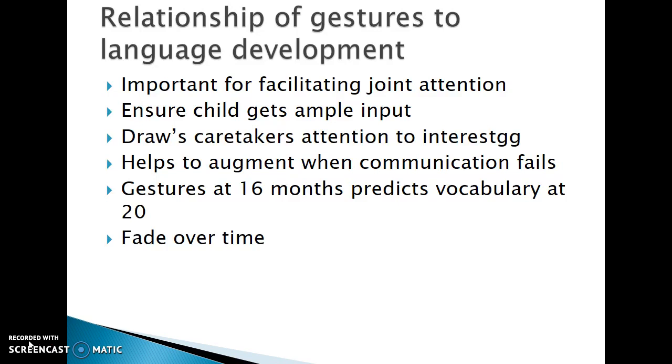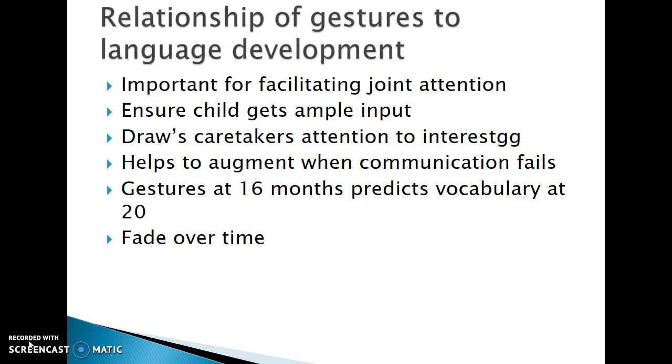We see that it is important for facilitating joint attention. So obviously pointing to an object is one of the most common ways that we might establish joint attention, that a child may do that, facilitating adults' attention to an item. One of the other reasons that we think gesture is so important is that it really ensures children get